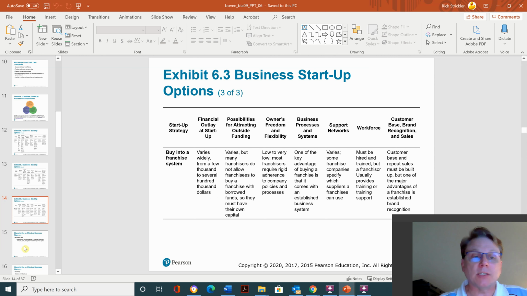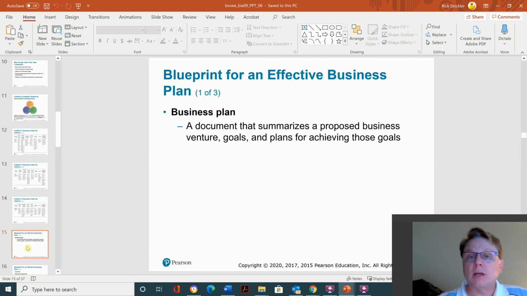Well, that gets into the advantages and disadvantages of franchises. Obviously, brand recognition is one of the main reasons. And you don't have to learn things. You don't have to create things. You just have to learn them because McDonald's has already created them. So you just learn the McDonald's way of doing things, and it's been proven to be successful. You just go along and do what they teach you to do, and your business will more than likely be successful because it is everywhere else for the most part.